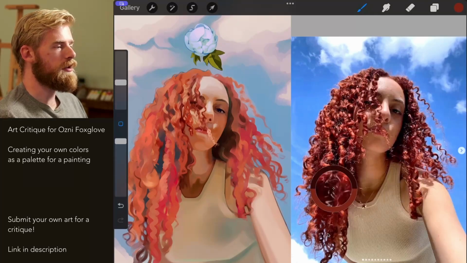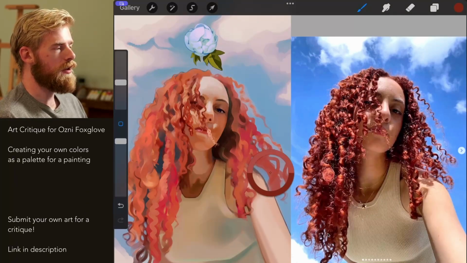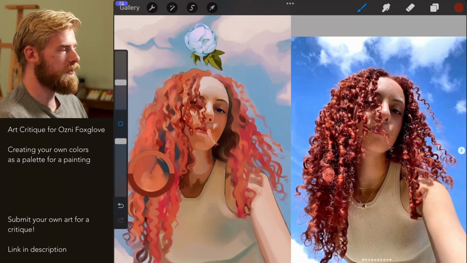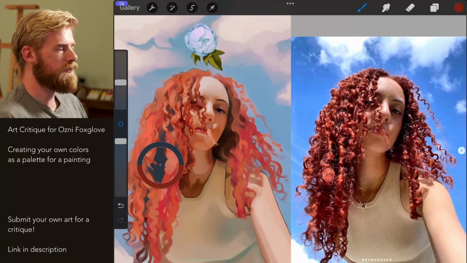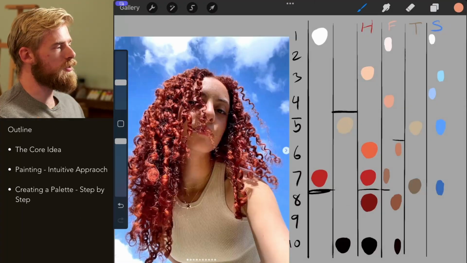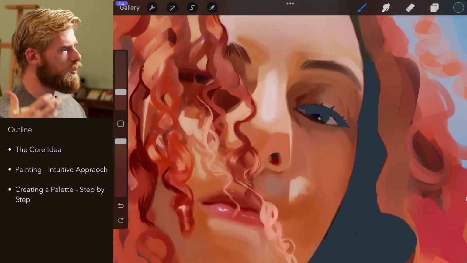Let's say that you like the reference for a painting, but you want to create your own unique color palette. I received this portrait for a critique by Osni Foxglove, and she's got this really nice atmospheric vibe going on, but there are some inconsistencies. So I'm going to show you how to do this while maintaining your harmony, hierarchy, and also creative freedom, because